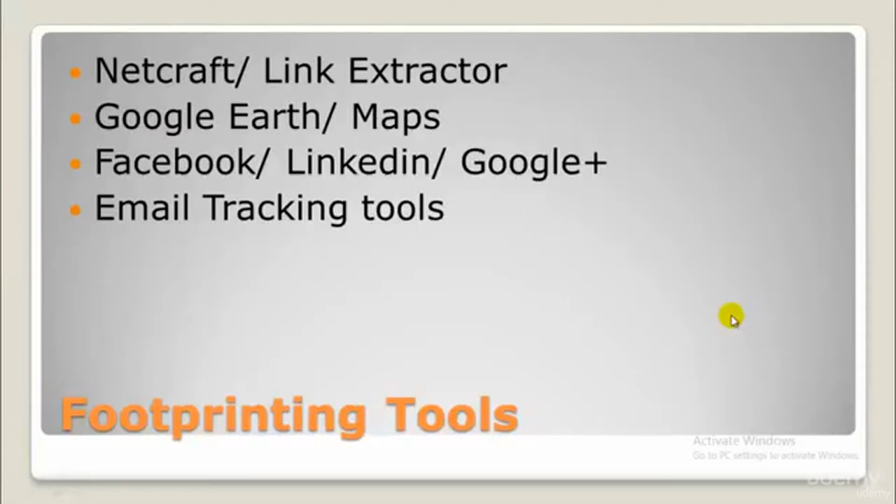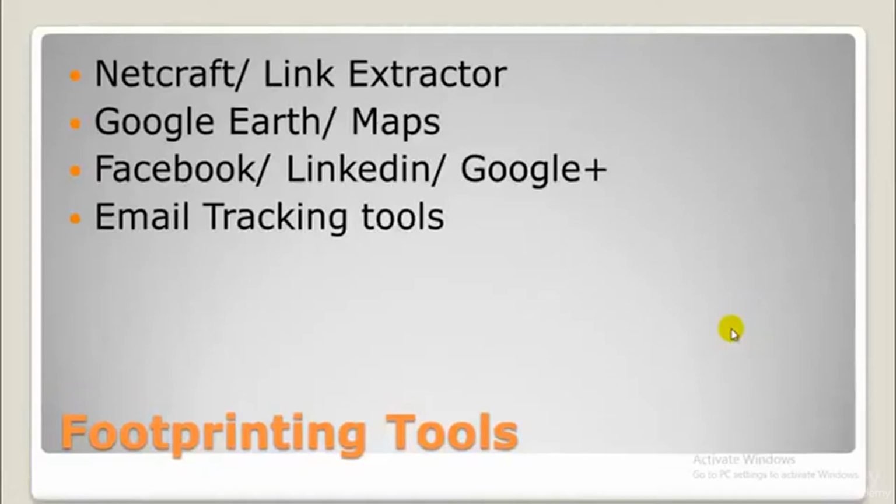Most companies use common formats for internal URLs, and therefore if you know the external URL of a company, you can easily predict the internal URL through trial and error method. So these internal URLs provide insight into different departments and business units in an organization. You can also find internal URLs of your organization using the Netcraft tool, and I'll show you where you can go